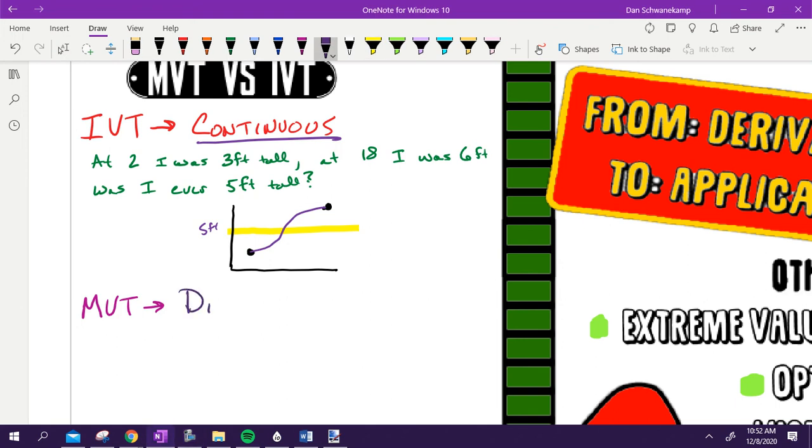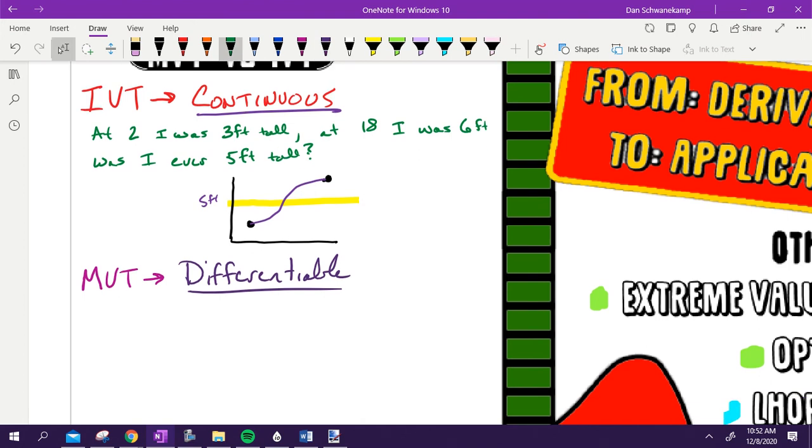You have to be differentiable because you're talking about derivatives. So if you're talking about derivatives, you better be differentiable. Okay, so that thing has to be true. The simplest way possible, what is mean value? What does the word mean mean? Average. So just hearing the M of mean, oh yeah, the average